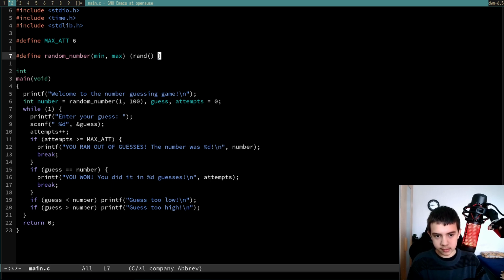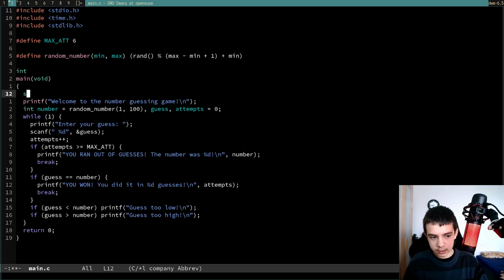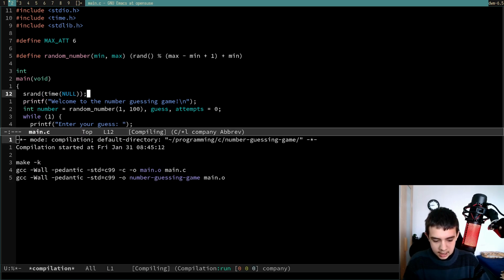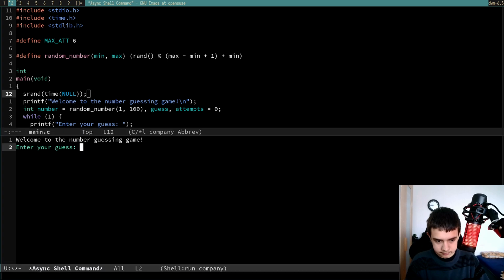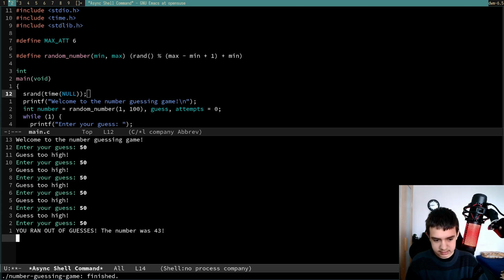Is rand. We wanna do max minus min plus 1 plus min. So this should give us a random number between 1 and 100 at this point, if we actually set up the rand function with this. Now, if we run this, if we mess it up, 6 guesses,